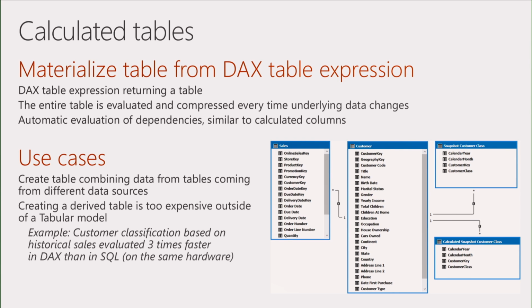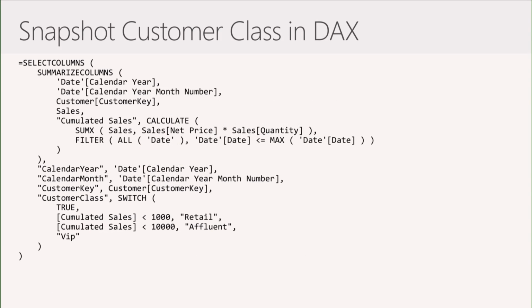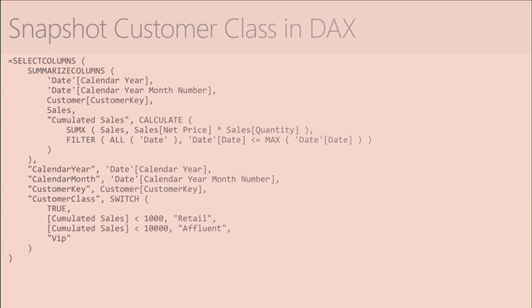So the process time will be reduced because of this feature. And the example will show how this equivalent query in SQL that will run in around 50 seconds on this machine can run much faster if executed in this equivalent DAX query. So this will be just your reference in the slides,